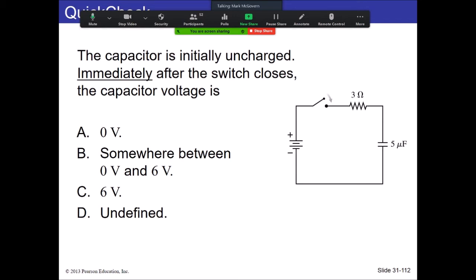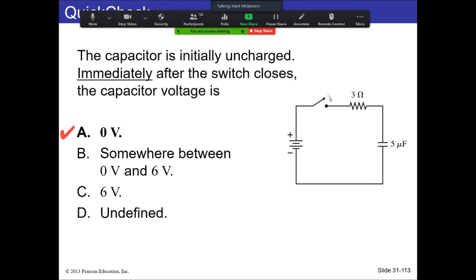So, question for you here. Probably saw the answer already, but if we close the switch here, what is the capacitor voltage? I'm just kidding, it is A. Now the best way to think about this is what determines the potential difference across the capacitor. It depends on how much charge is on the capacitor. But the minute you close a switch, the capacitor doesn't have the ability to just instantly charge. In fact, if my resistor wasn't here, the answer would still be A. The difference is that with the resistor not there, it would take like a nanosecond for it to charge. With the resistor there, it's going to take